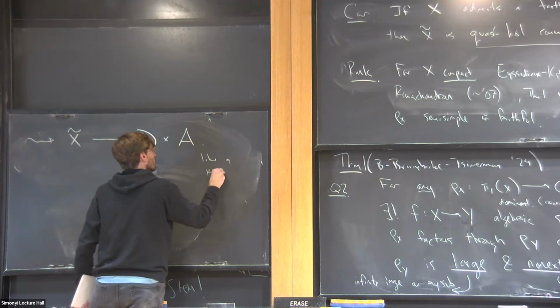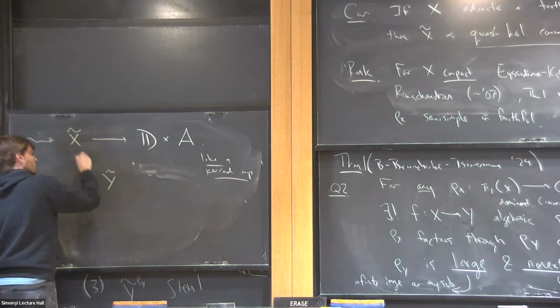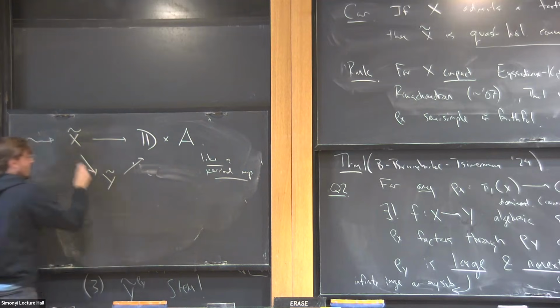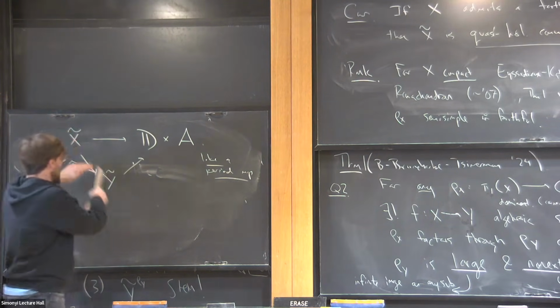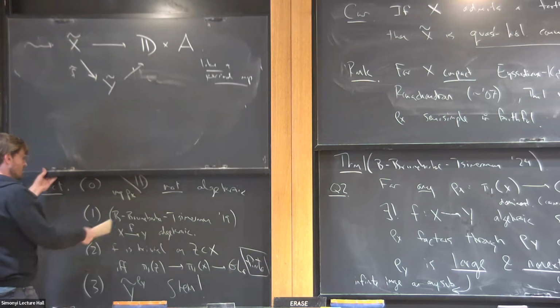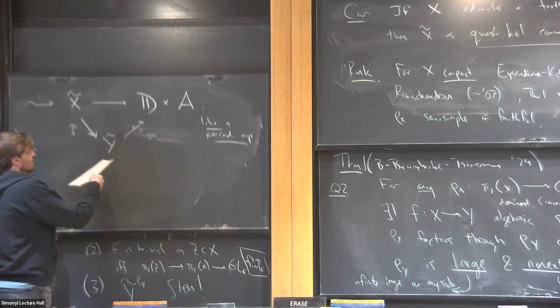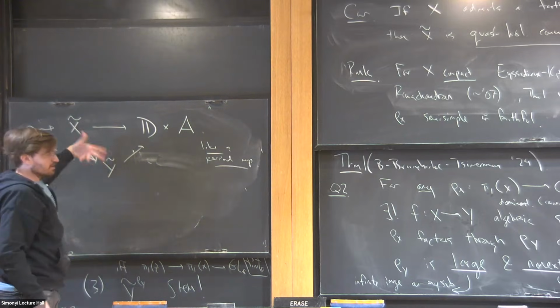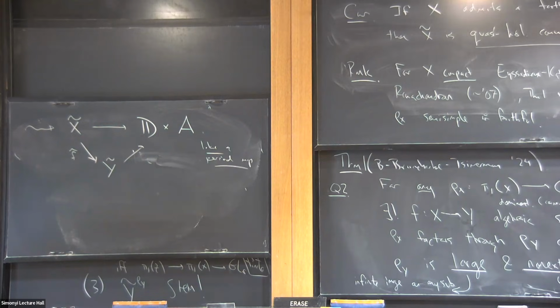Like a period map. In the sense that you can't literally take the quotient down here, but you can take a Stein factorization and this map will descend nicely to the map you're after. So let me just point out, I haven't mentioned o-minimality in the story at all, but it's extremely important. A big input here is the definability of period maps. Similarly, in order to make this work in the non-proper case, you need the definability of these complex period maps that you get.